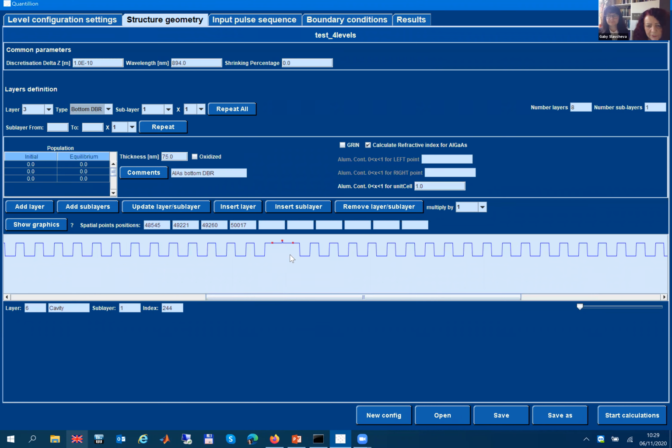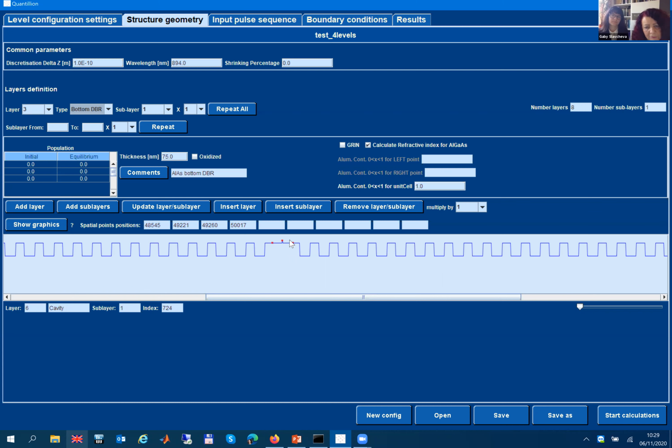In the cavity, we have a quantum dot, indium arsenide quantum dot in the middle of the cavity. The red dots represent points we select in order to sample the time dynamics along the structure. For example, the red dots of the quantum dot represent the left and the right end of the quantum dot layer.